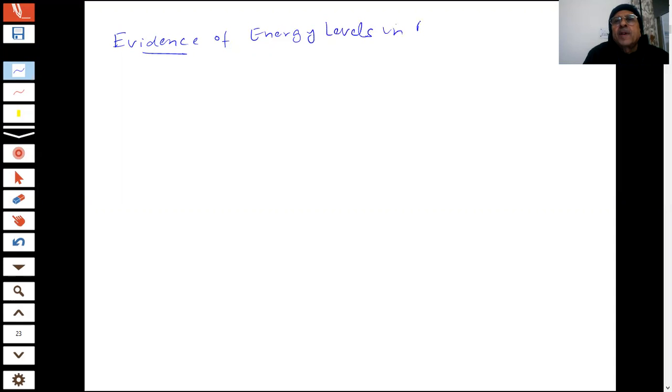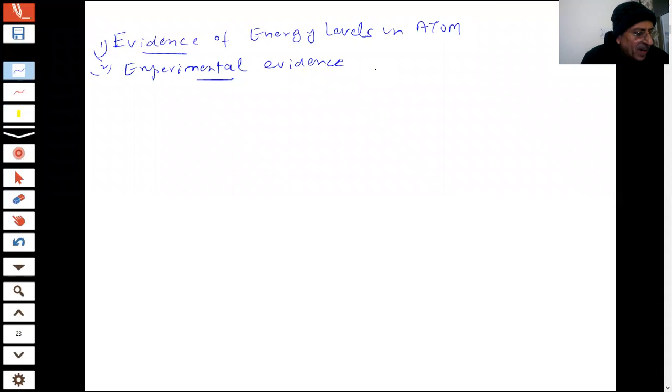Energy levels in the atom. You are saying there are energy levels in the atom, then they will say, okay, what evidence do you have? I am talking of experimental evidence, student. We must be able to do some experiments which will prove it. Without experiment, what science are we doing? Nothing. Then we are only talking theoretical. So there has to be experiment, student.